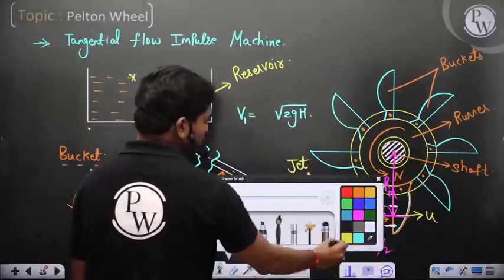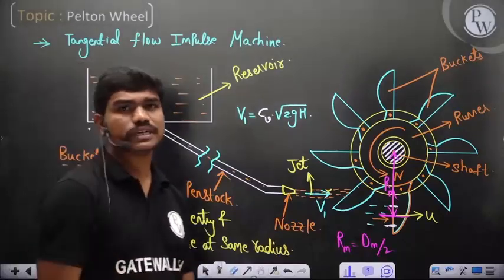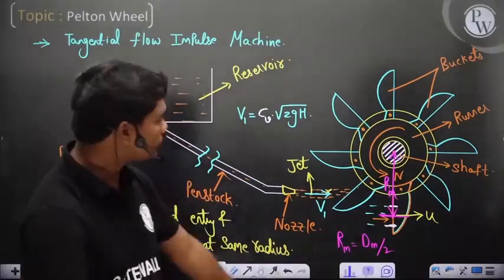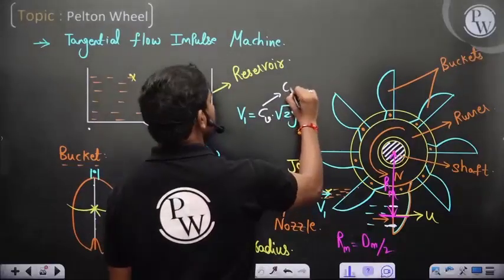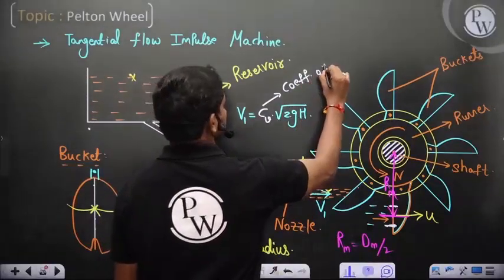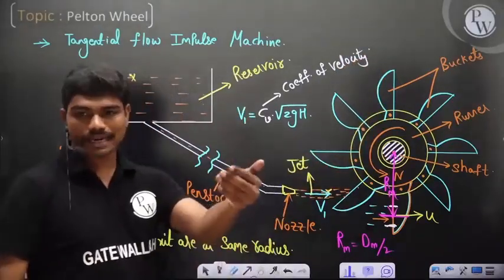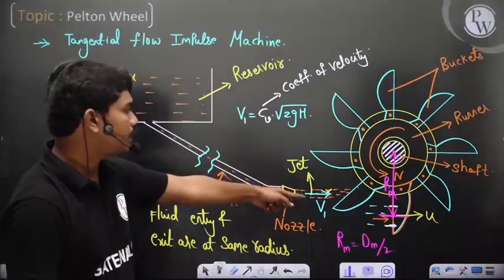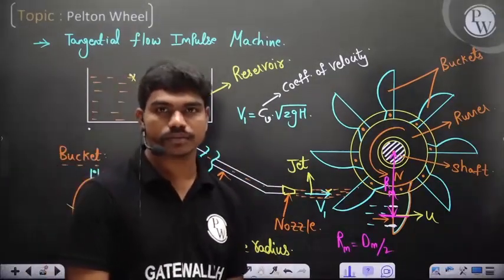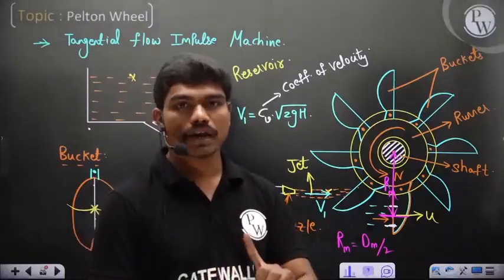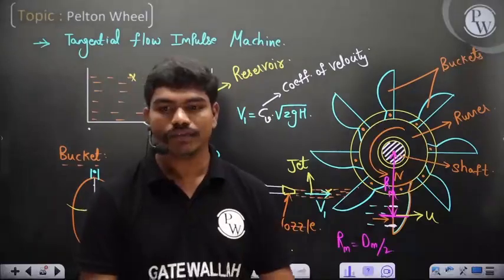ultimately, and sometimes it's also multiplied with the coefficient of velocity. You might have seen this in devices like piezometers, venturimeters, or in fluid mechanics classes I might have taught you. So v1 is equal to cv root 2gh. This cv here is called coefficient of velocity. Okay, and if the impact has to be powerful, ultimately this v has to be high, and for v to be high, this h has to be high. Okay, so it operates under high head actually. And compared to Kaplan and Francis machines, this machine is generally of low speed. Okay, it's because of the pure impact where pressure energy does not